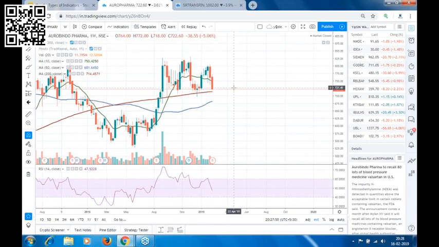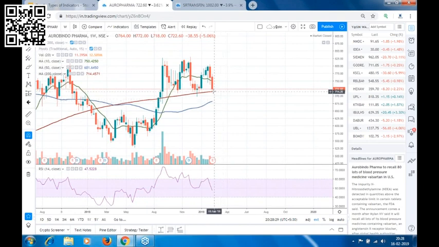So how will you take a short trade? How many points will you get when you have a support, and that too on a higher time frame? If in case the market is negative on Monday and there is a gap down opening in Oro Pharma, that means if Oro Pharma opens below 714 level, then we can think of taking a short trade in Oro Pharma.